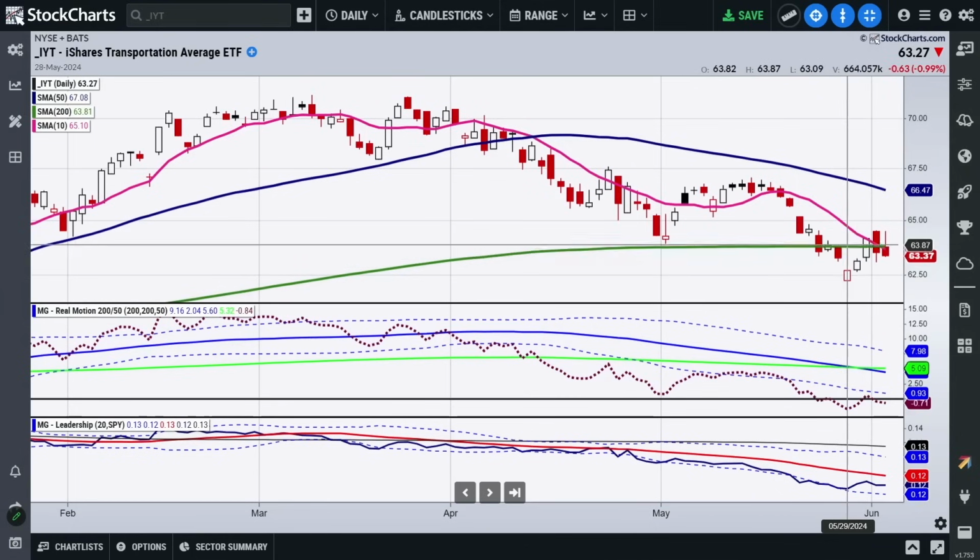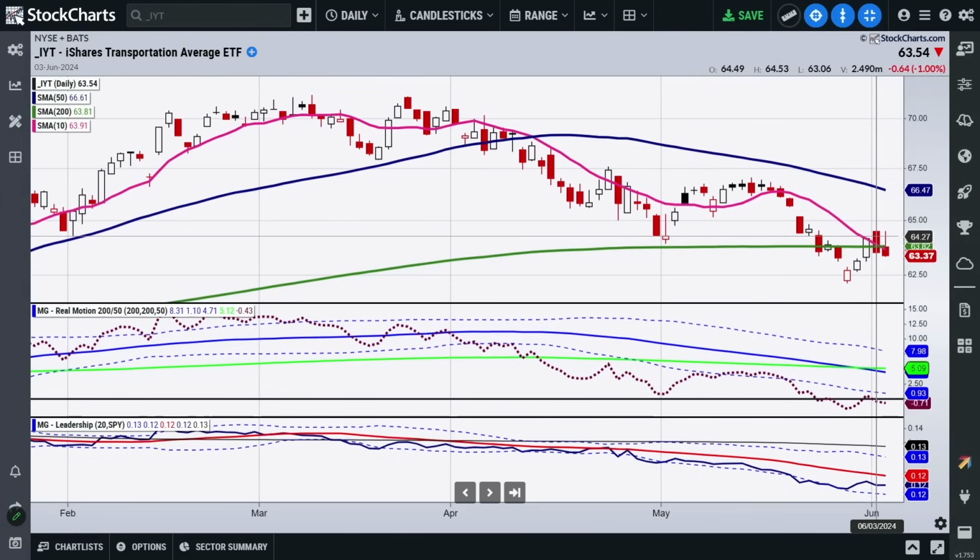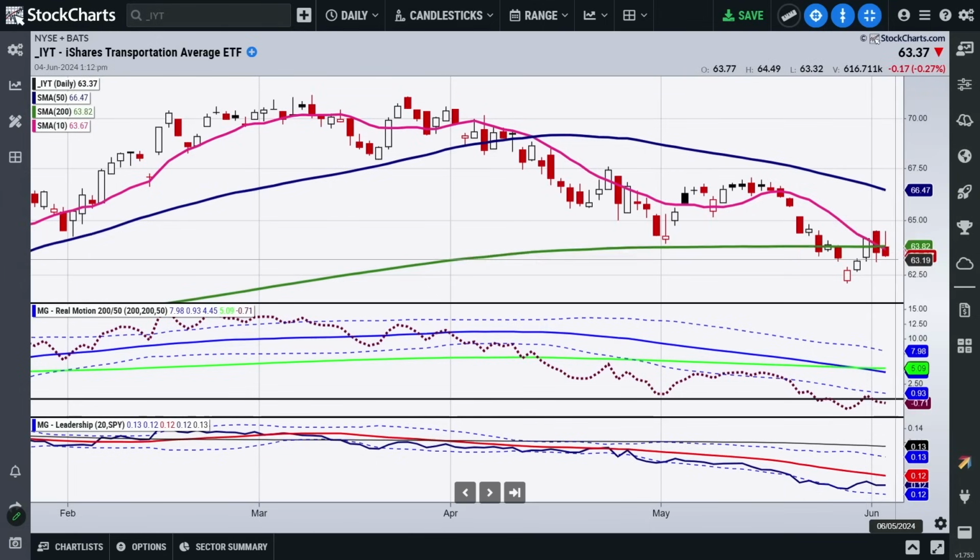And instead, we did it only for 1 day, which was the end of the month, last month on Friday. But we started out better on Monday and sold off, and now we're kind of getting a follow through here as I'm talking to you on Tuesday, June 4th. But notice the inside day here.